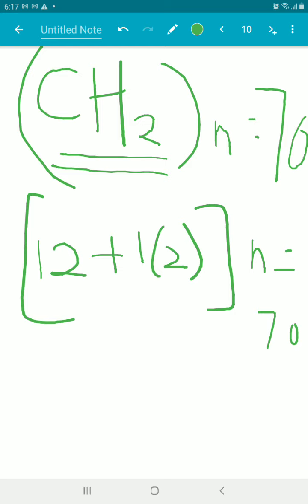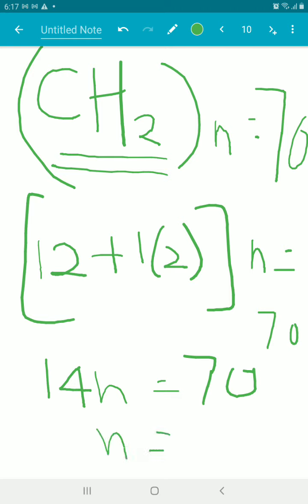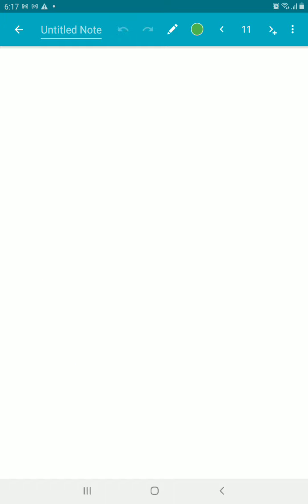Then 12 plus 2 is 14. 14 times n equals 70. Then n will be 5, 70 divided by 14. So n equals 5. Now n is 5, then you substitute in this one. Just now n is 5, right? So from this formula,